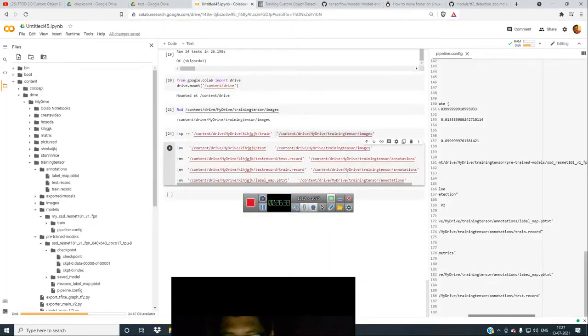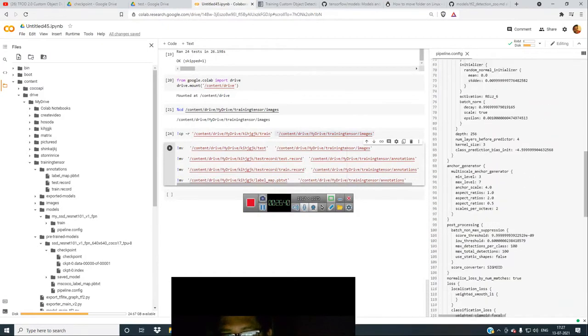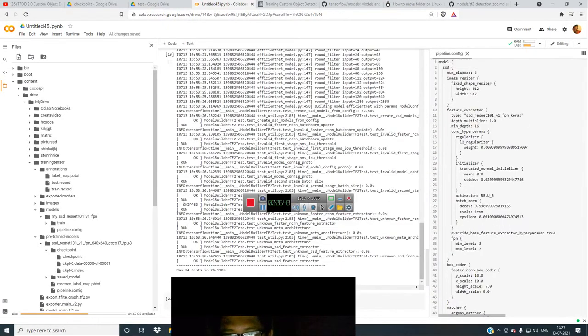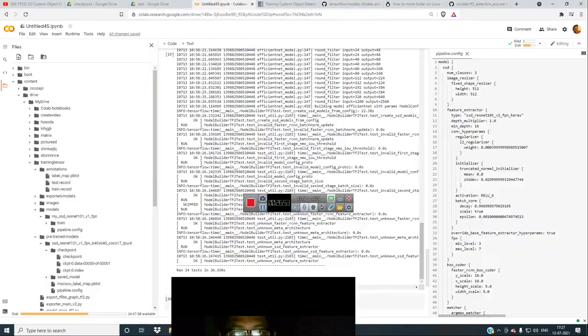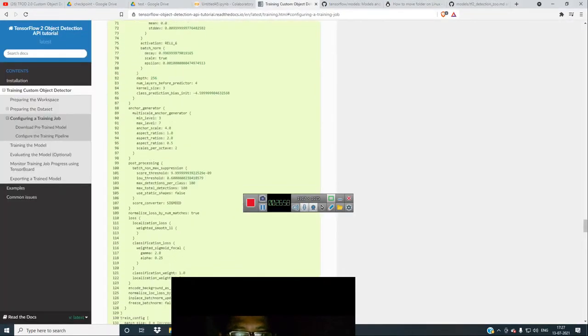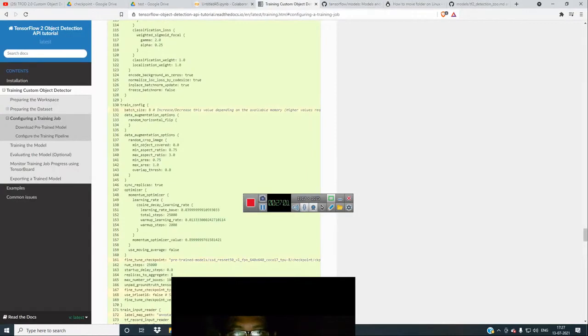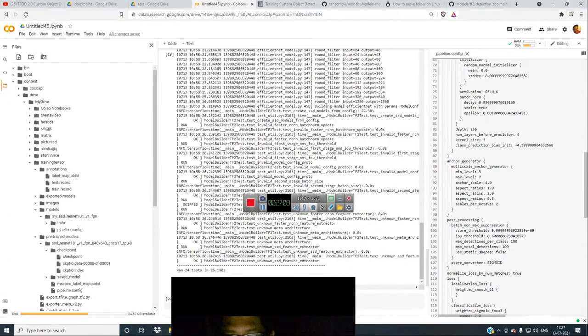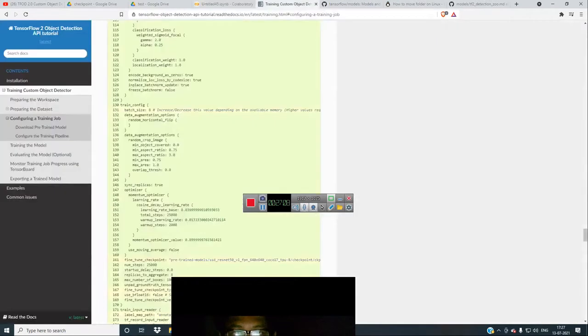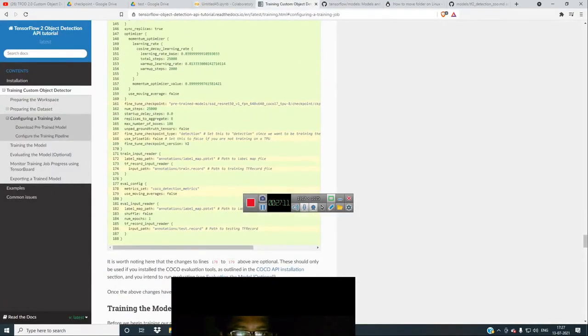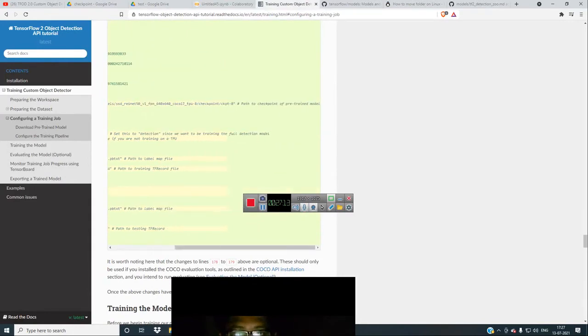So I will revise it again. First thing is that you have to come in this manner. This pipeline.config is in the models, the thing downloaded from TensorFlow, where you can download the 640 and all files will be inside. First you have to change the number of classes. Then you go down to line 131, where batch size is 8, and after that you go to fine tune and change it to CKPT 0.